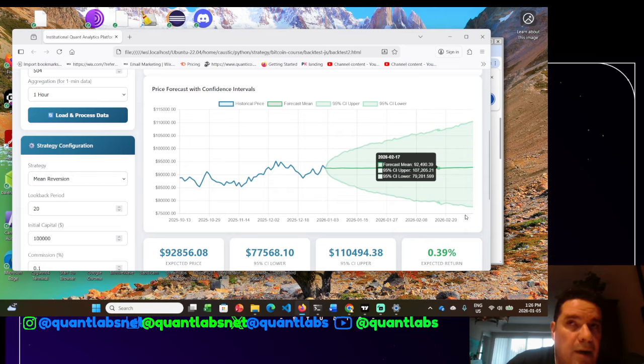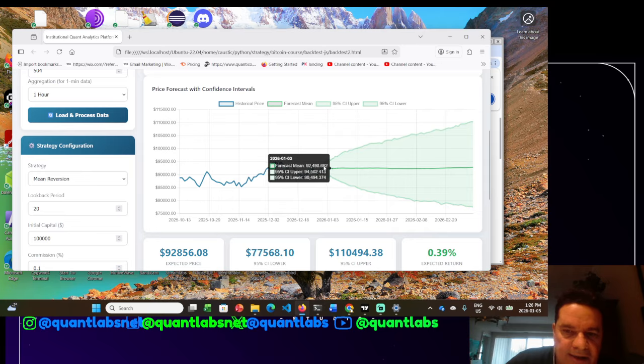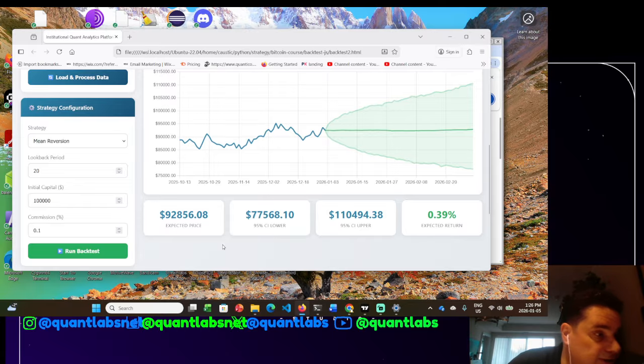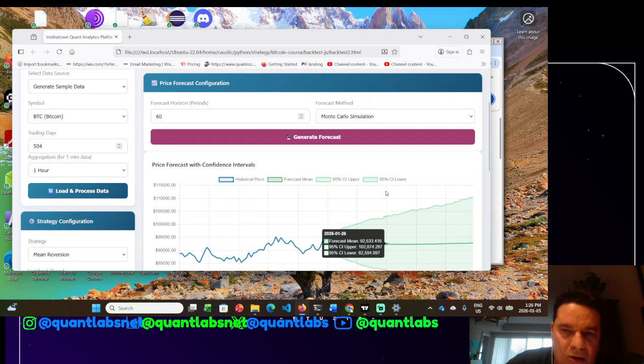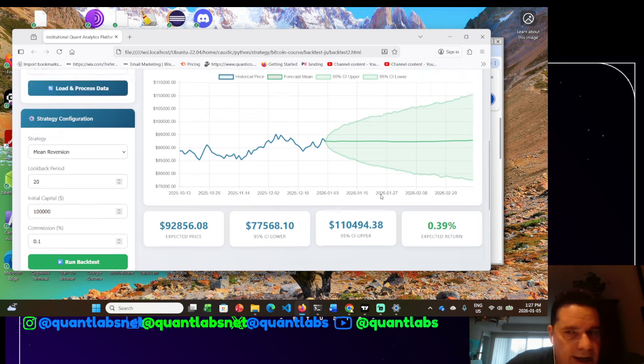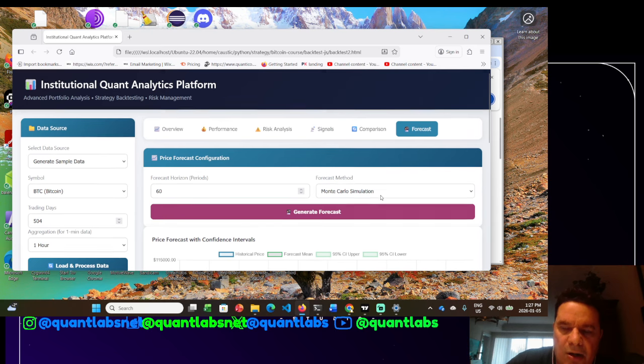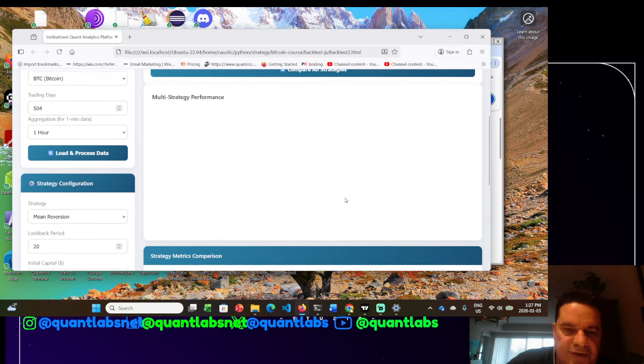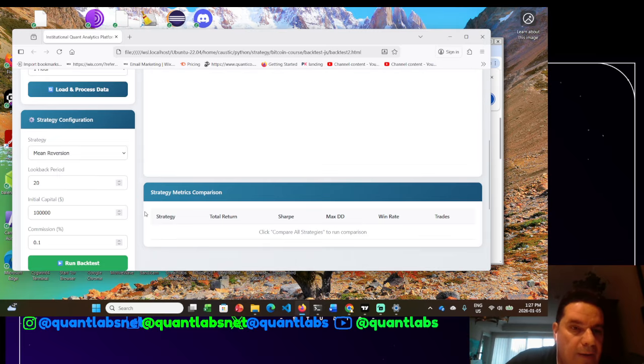Obviously, this is not accurate. But you can see here it's kind of flattened out. So it may go back into that crypto winter where you could have higher returns in other assets, better performing assets. Maybe the stock market itself. I don't know. But you can see here, is it worth keeping your money in an asset like Bitcoin if you know you can get a higher return elsewhere? So there's that. Let me see if we can look at the comparison of all the different strategies. No. Okay, it doesn't matter.